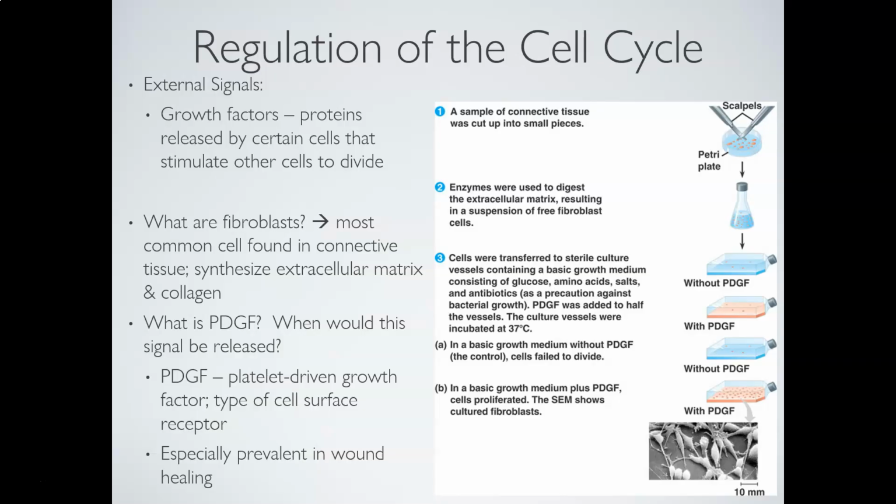So we see that particular PDGF very prevalently when we look at wounds. So when we see neighboring cells, especially in things like your skin and your connective tissue underneath that layer, producing these PDGFs, these growth factors, they then stimulate other cells within the neighboring environment to also start dividing, and that ends up being able to heal up that wound, seal up that wound, and then we'll take care of that scar tissue and all that kind of other things, if possible, by additional cellular division.